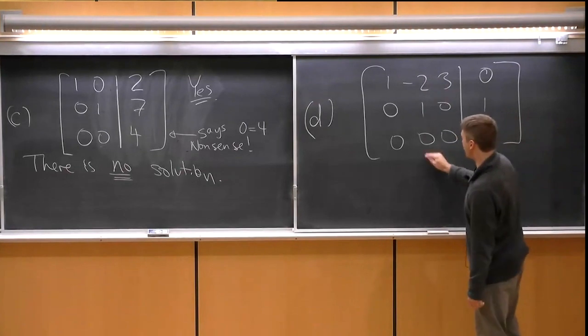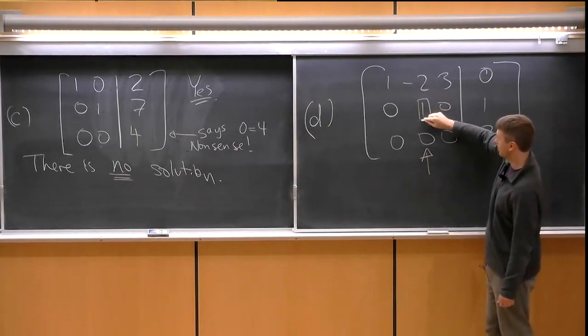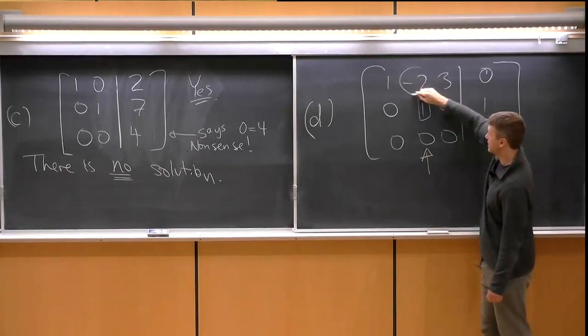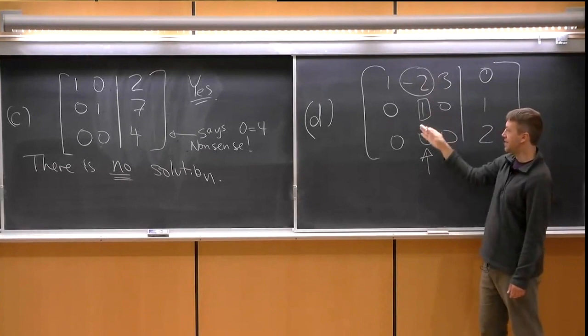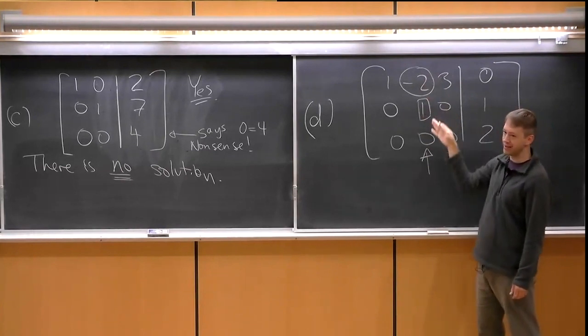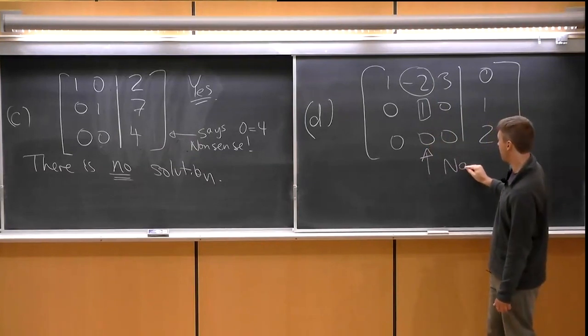Yeah, the problem is totally the second column. I've got this nice 1 here, but I haven't gotten rid of this -2. So this is a column that contains a leading 1, but the rest is not 0. So this is no, because